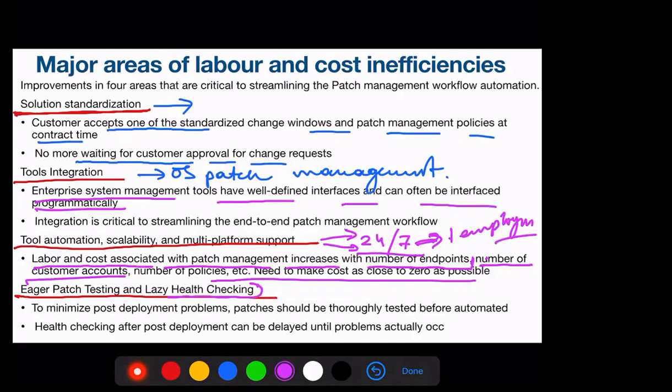So before that, can we not check whether the patch is a stable patch or not whenever a patch management initiation has come? If I check it thoroughly and then go for the patch management, in most cases I will find that my system health is very high after the patch management. So to minimize the post deployment problems, patches should be thoroughly tested before automated deployment. Clear?